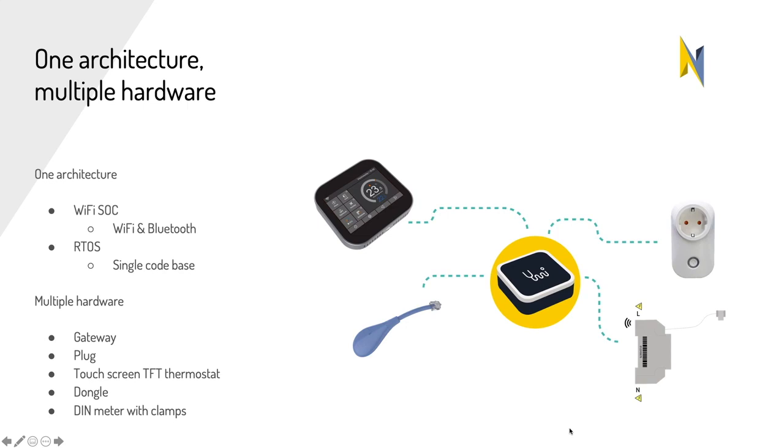We have a dongle, which is our lowest cost product for the Dutch market, the Portuguese market, the Scandinavian market. It's a product that in volume can be shipped at around 10 euros. And we have, for markets without any smart